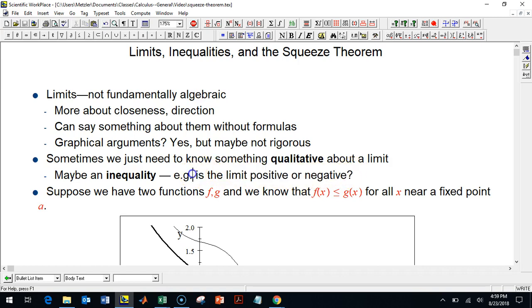So the fundamental principle there is really basic. It's about comparing. Inequalities are all about comparing things. Suppose we have two functions, f and g, and what we know is that one of them is smaller than the other. f of x, let's say, is always smaller than, or let's say smaller than or equal to, g of x for all x at least near some fixed point a, which is where we're going to take the limit. Since we're going to take the limit at a, we don't really need to know or care about what f and g do away from a,